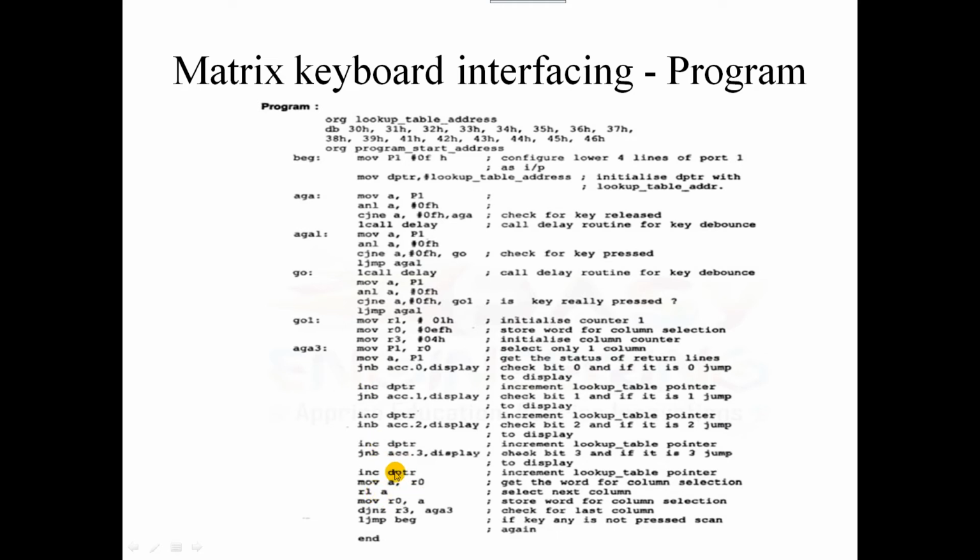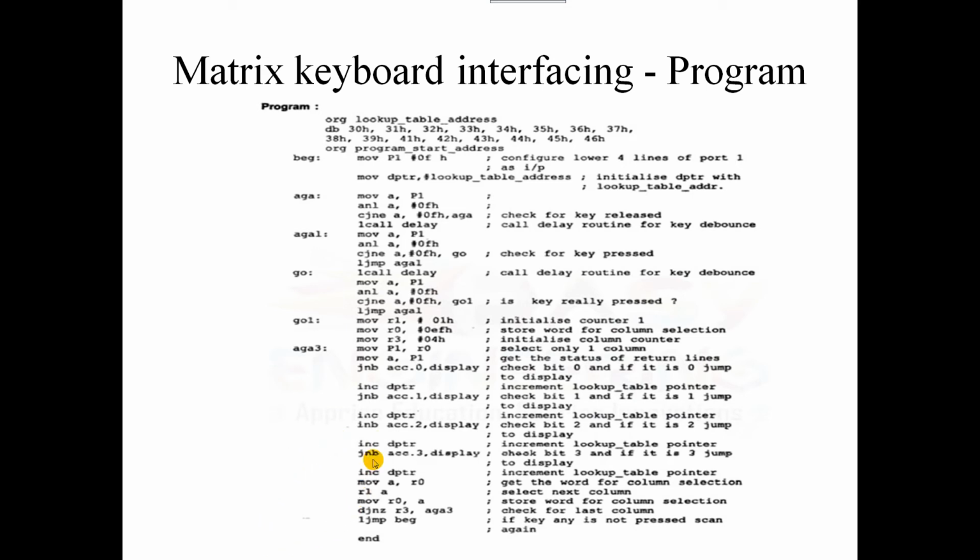If the particular bit is not selected, then we will be going for incrementing the DPTR. If that data is not selected either, then the loop is going to be executed again and again. Whenever the data is not selected, R3 is going to be decremented.